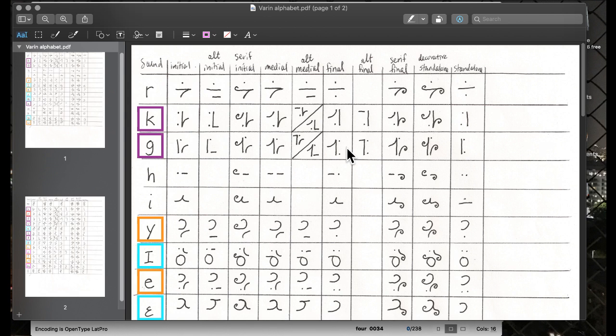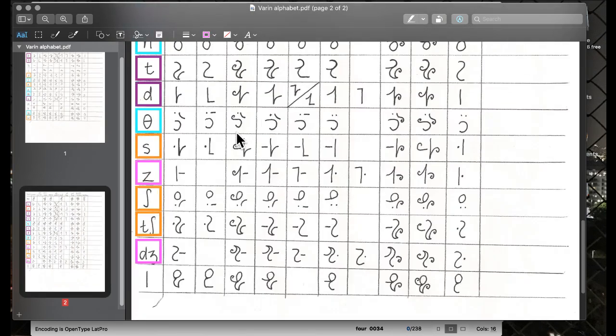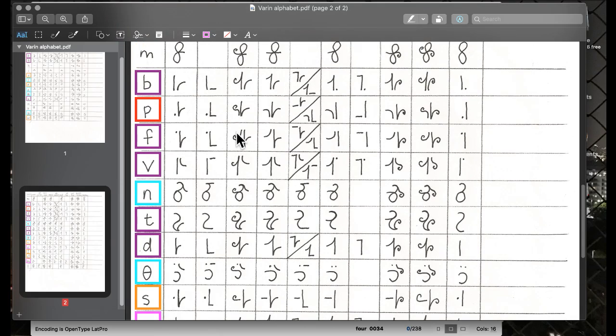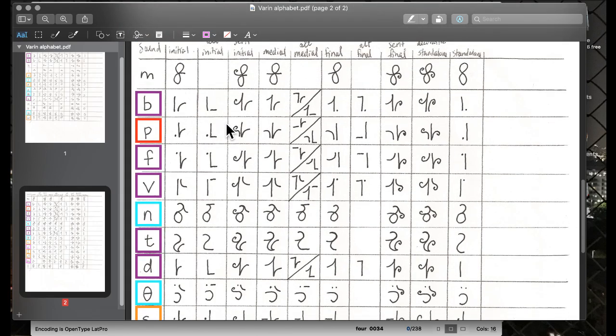Hey, hello, Zachary Jarman. All right, so I've edited the PDF with these boxes. Basically, these are going to be classes. All of the same color have all of the same type of modification. P is special. P is the only one that has a low connection on the left. It's also got a bunch of other stuff going on, but it's the only one that has a low connection on the left. Purple, these are the ones that have